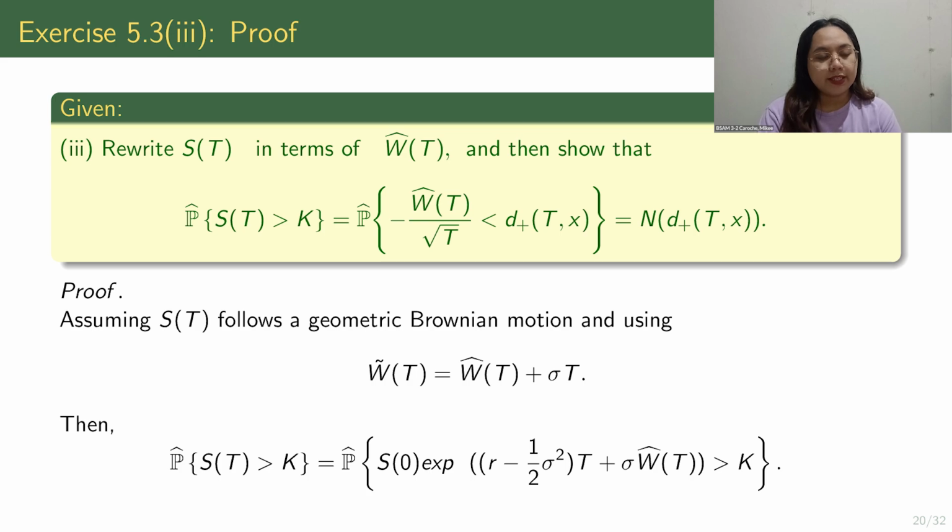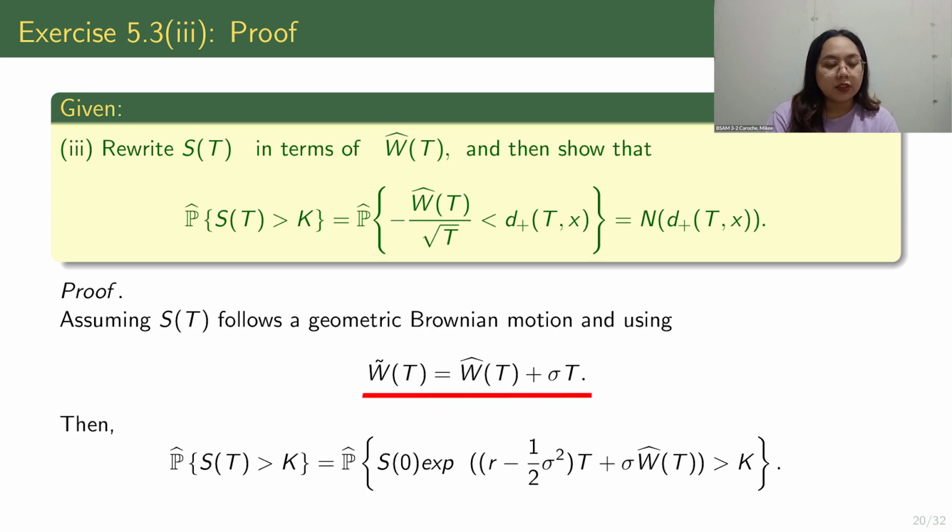We need to rewrite the stock price at time t in terms of standard Brownian motion at time t and show that the probability of S of t greater than k equals the probability of negative W of t over square root of t less than d plus of t and x, which equals N of d plus of t and x. For the proof, we first assume that the S of t follows a geometric Brownian motion using the